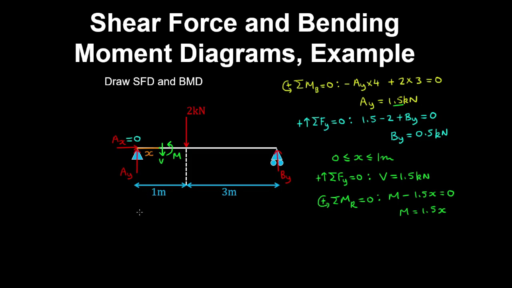And now if we cut out another section that's at some distance x from the pin, but this time the cut is after the external force. So on this free body we have 2 kilonewtons acting. The reaction AY, which is 1.5 kilonewtons, and an exposed internal shear force and bending moment. So from 1 meter to 4 meters,